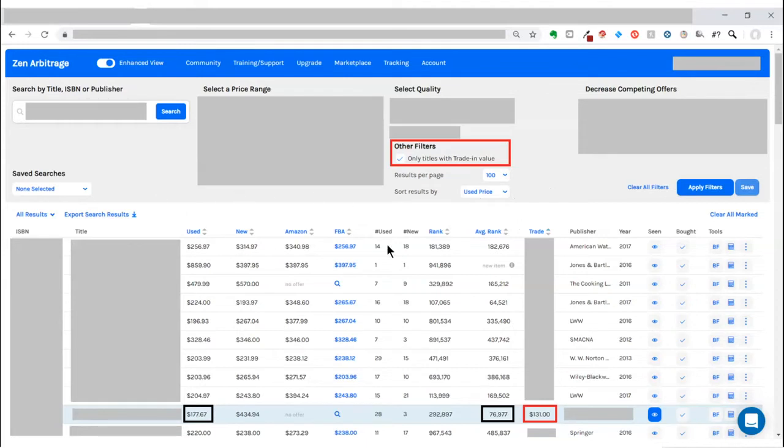And if you scroll down here, you'll see under the trade-in column, this book has a trade-in price at that moment of $131.00. All right. So if you're familiar with Zen Arbitrage, you would also look at this used book column, because this tells you the lowest price used book that's available on Amazon, and you would see